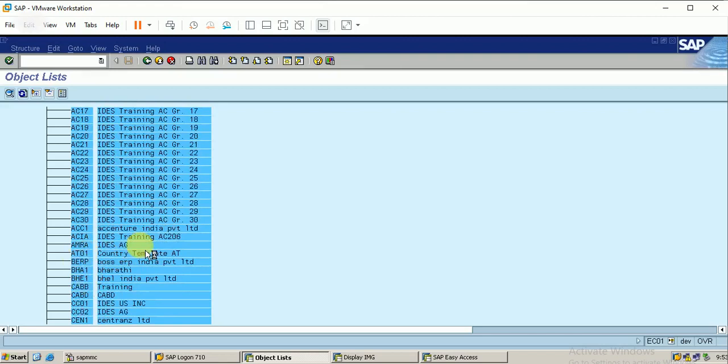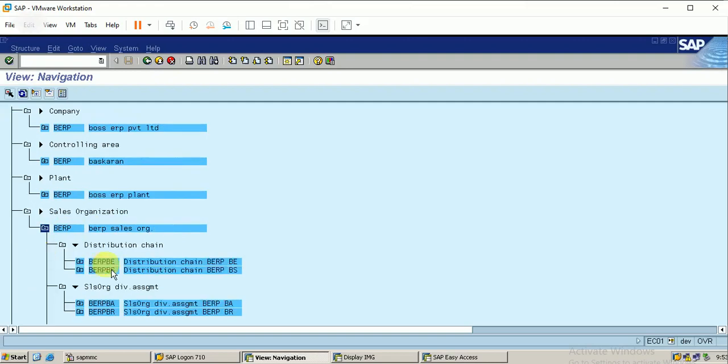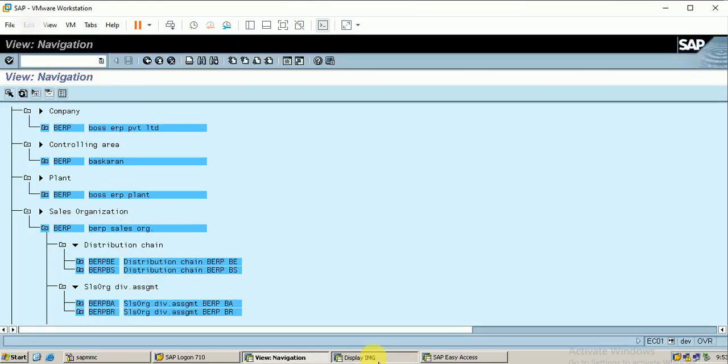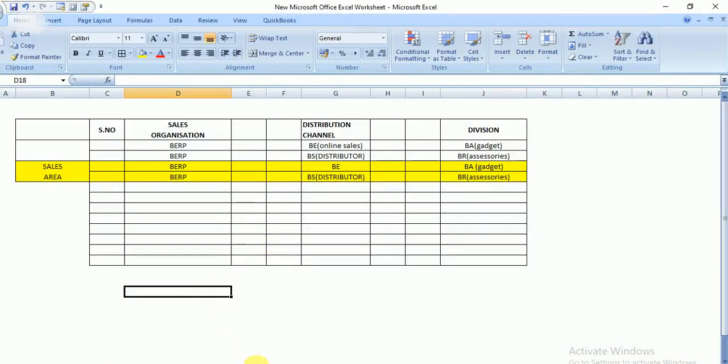Okay, double click on the company code. Okay, sales org BRP. Okay, this is my BRP BE and BS. Okay, similarly BA and BR. Okay, it is clear. Okay, let me go with this.